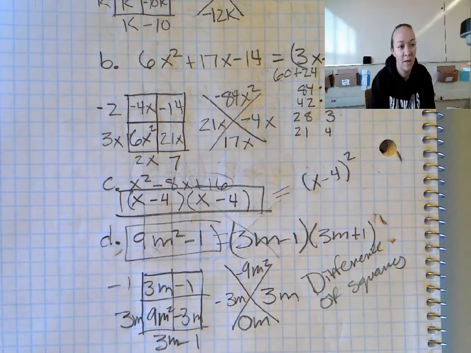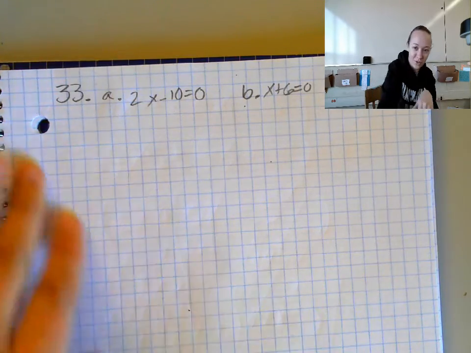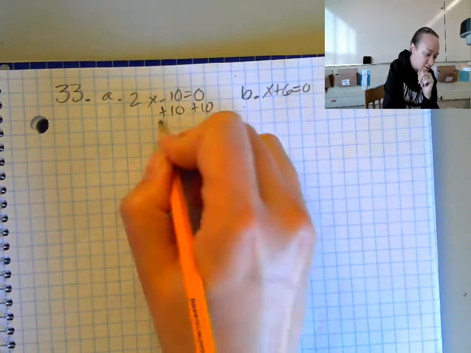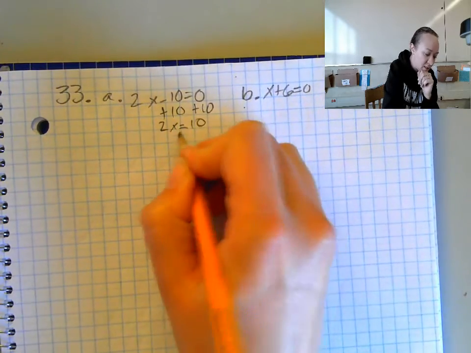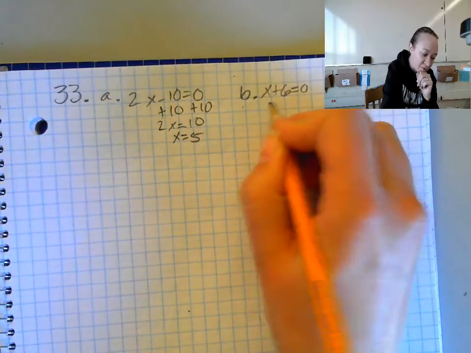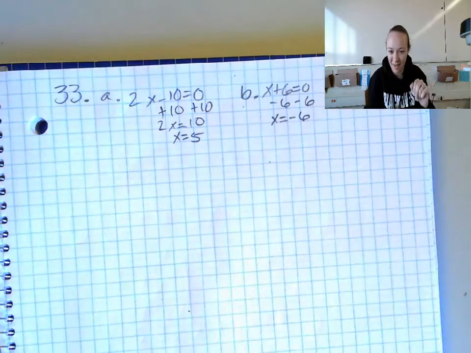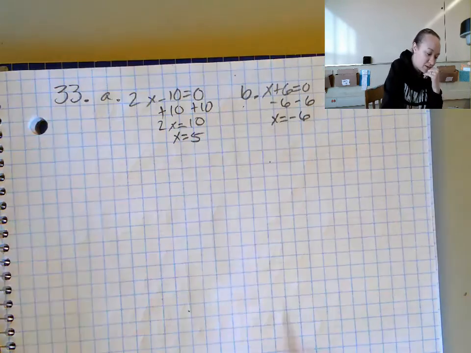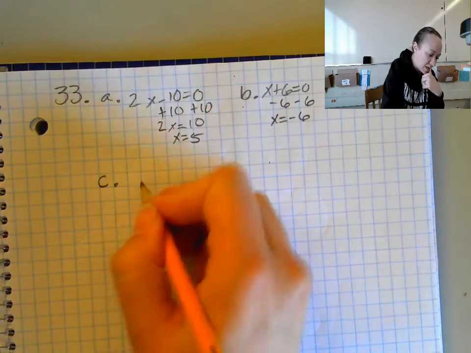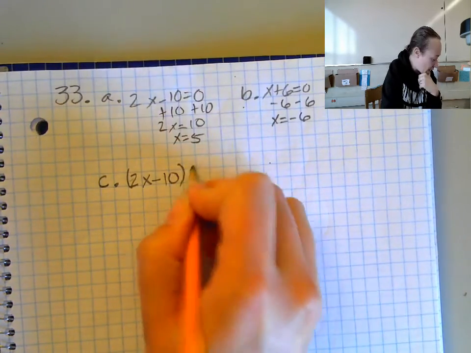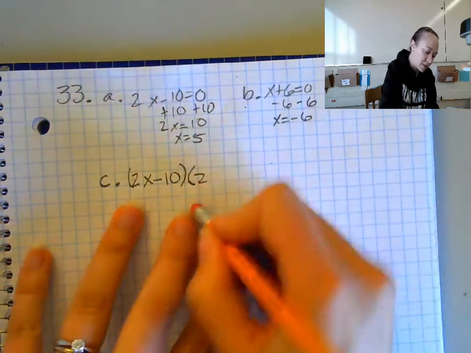All right, 33 was tricky. First couple weren't. Plus 10, plus 10, 2x equals 10, x must equal 5, and x equals negative 6. But then they throw you a loop. On C, they say, but what if they're together? 2x minus 10 times x plus 6